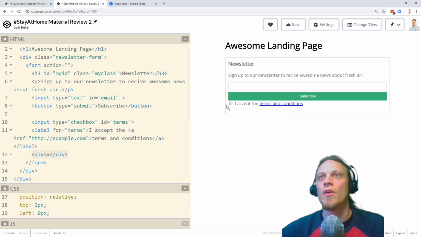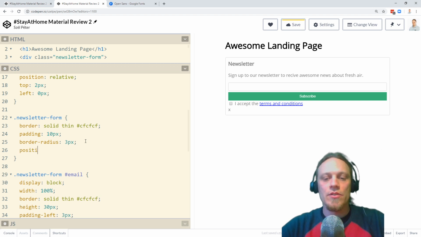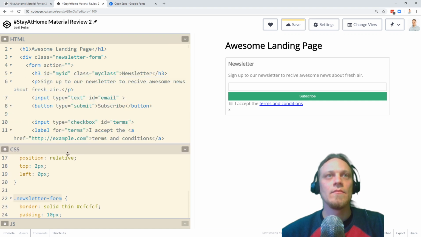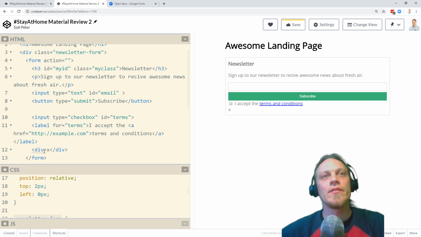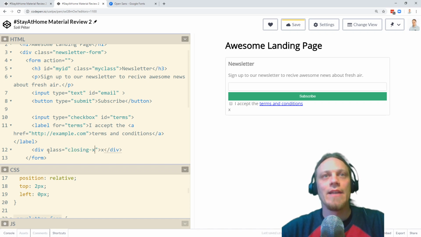Relative to the newsletter form, I want to position the X. So for that, I'm going to give position relative to the newsletter form. This means that everything which is inside of the newsletter form should be positioned relative to the newsletter form. And then I need to select this X. To be able to select this X, I'm going to give a class for the X, which is going to be closing X